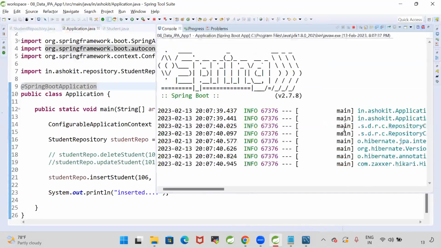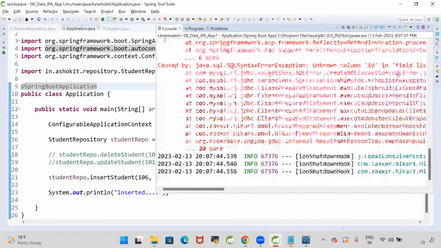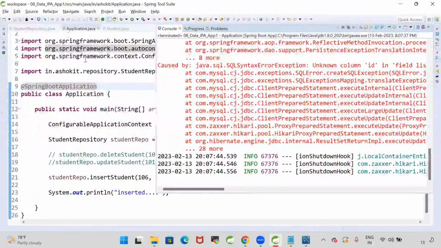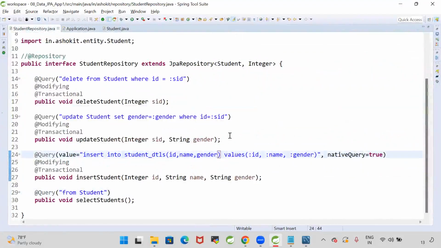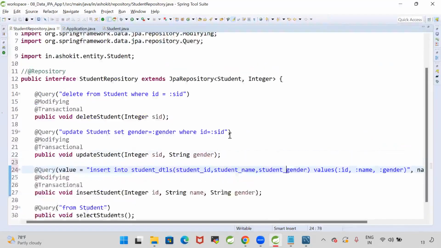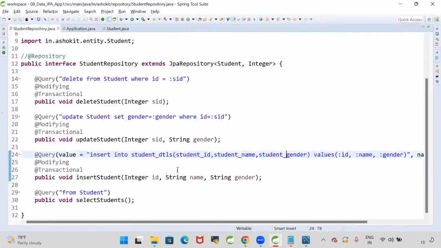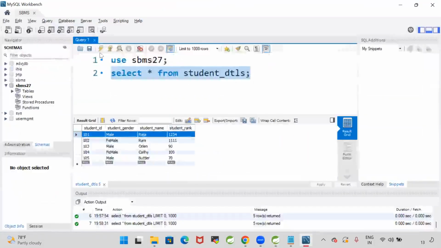Run as Spring Boot application. Now, unknown column ID. Okay. As it is a native SQL query, column names should be exact: student_id, student_name, student_gender. We need to write the fully qualified query, with the table name and the column names. Now, before doing this,